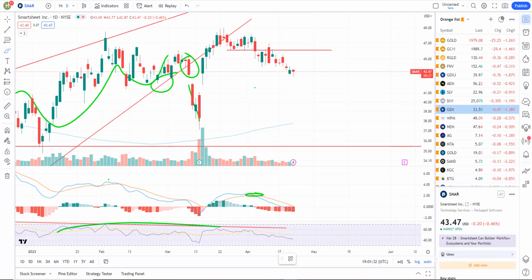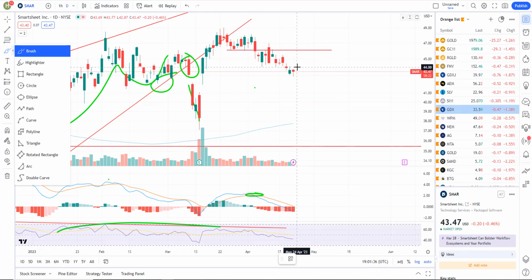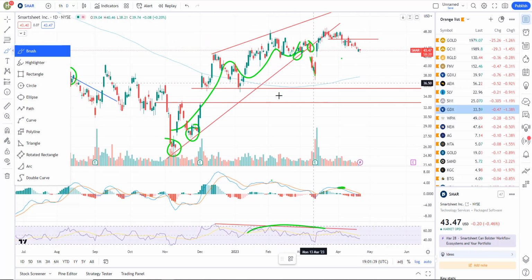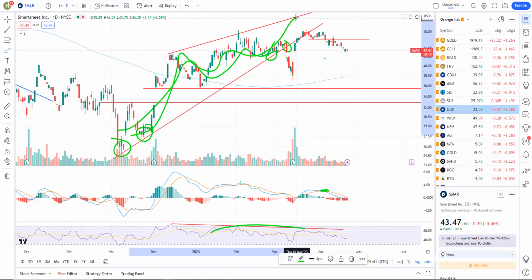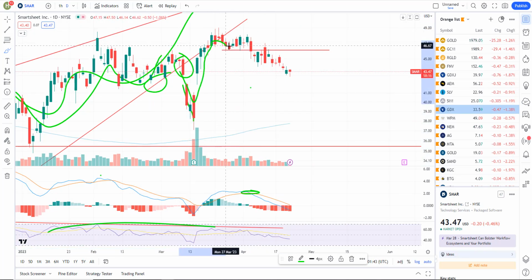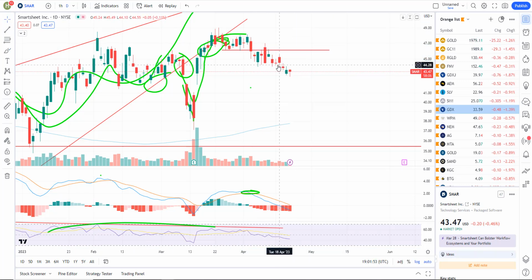And SMAR, haven't covered this one for a while, but again, still short. I haven't changed my opinion on it. We talked about this. You've got this bearish rising wedge. You had a breakdown, backtest, and sure enough, from that backtest right in there, the sellers have just been drifting this thing lower. We're continuing to trend lower over time. You just have to stick with the trade. As long as it's working, we just stick with the trade. And sure enough, this thing is continuing to work.